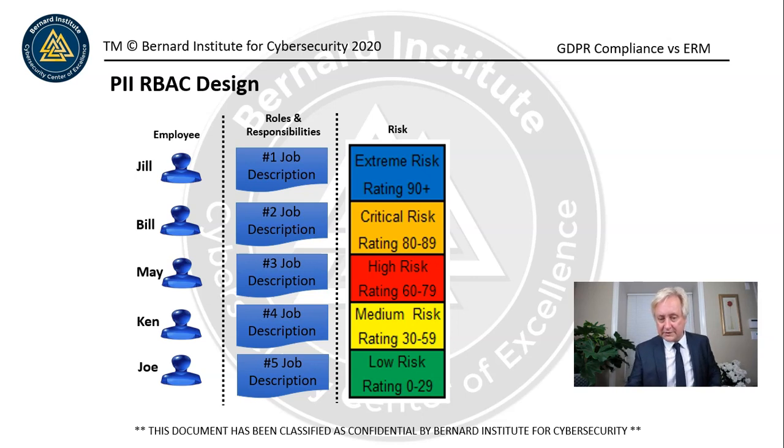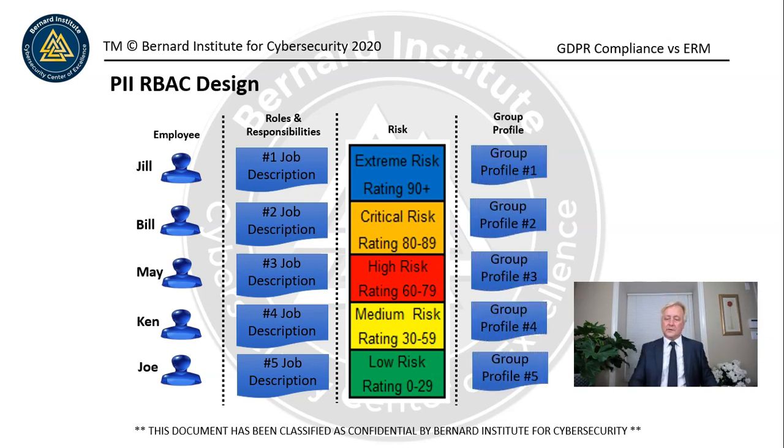So this is based on risk. Now in the RBAC world, we might have defined the risk. We understand the job description. And now we're going to create a group profile that grants access. So we don't want to do it on a name-by-name account basis because, as I mentioned before, sometimes when you clone a profile, you get inherited authorities and rights. That's not a good thing for the organization. It can lead to a breach, in fact, or unauthorized disclosure.